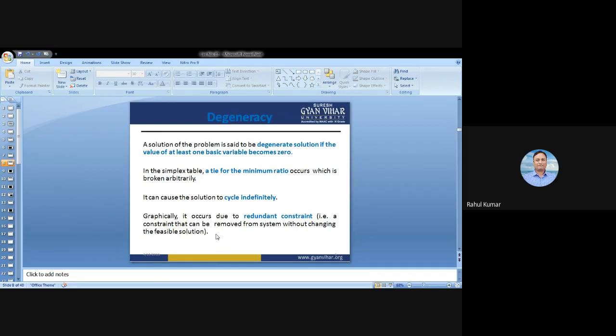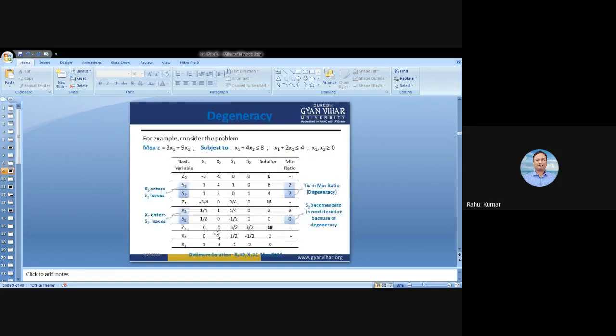For the example of this degeneracy problem, consider the problem. The z function is 3x1 plus 9x2, subject to the constraints x1 plus 4x2 less than or equal to 8, and the constraint x1 plus 2x2 less than or equal to here is